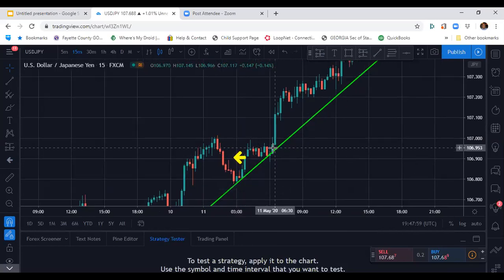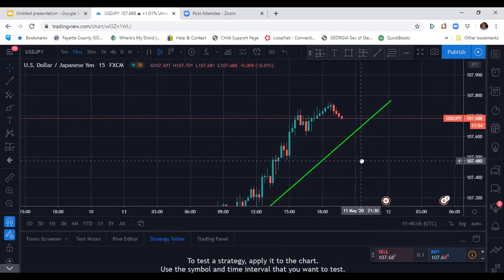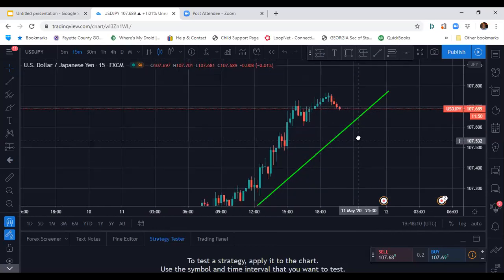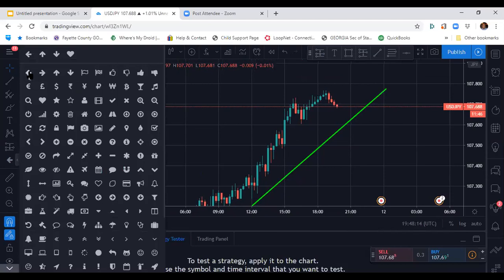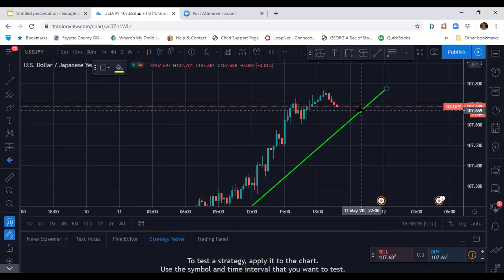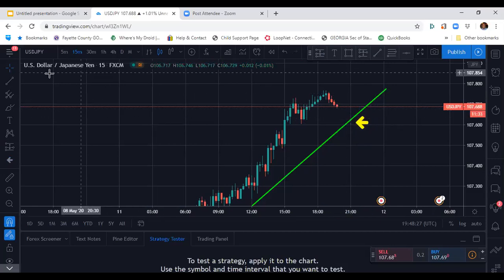And then we want to see it again. So it came up, it kind of went straight here, but it still ended up there. These lines kind of went up. And then look, it's pulling back now. So what I want to see is if it's going to pull back to this line. Are these red candles going to pull back to this line? If it does and then continues back up,